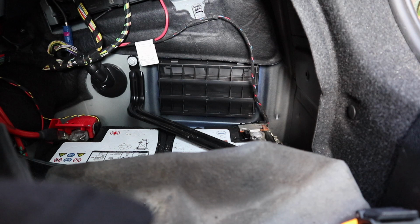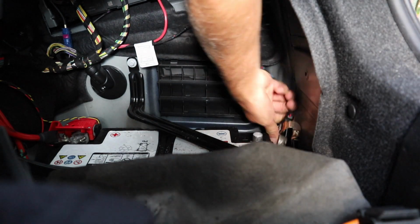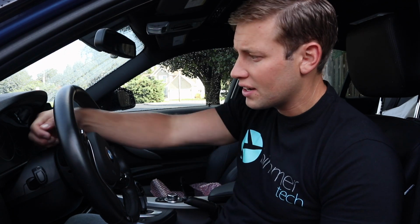Whenever you're working on any electrical component in your vehicle, you always want to make sure that you take a 10mm socket and remove the negative battery terminal, and just tuck it down to the side. Alright, so once you've disconnected your battery, the next thing we need to do is get the